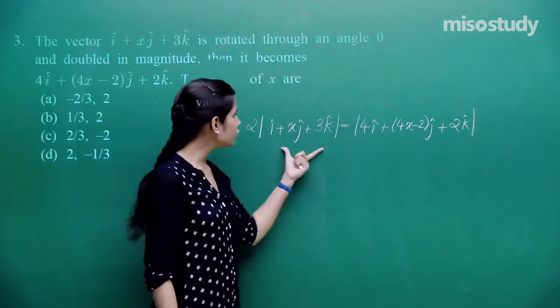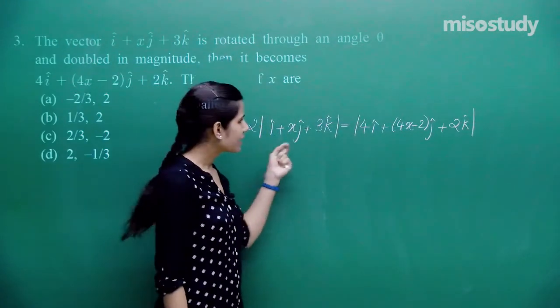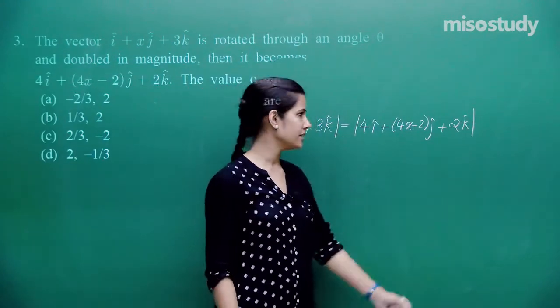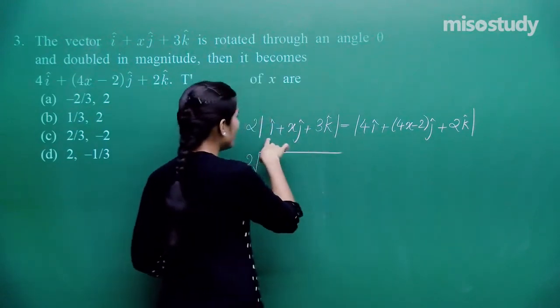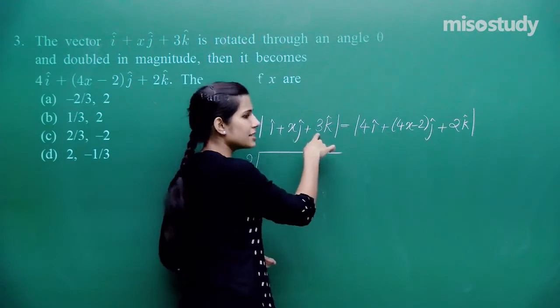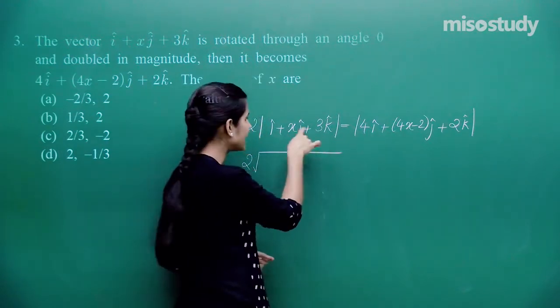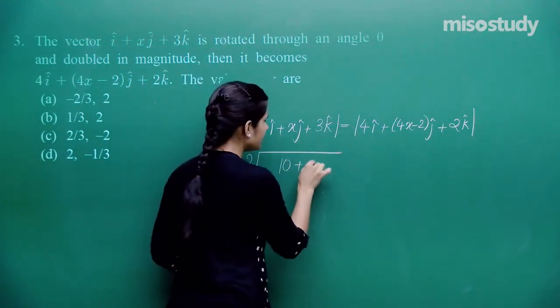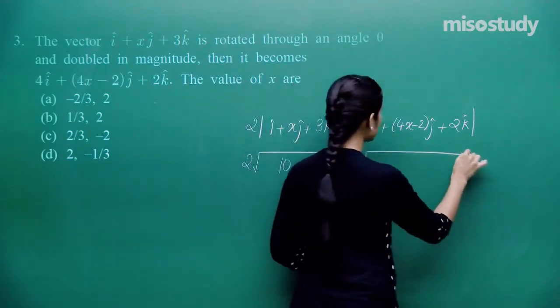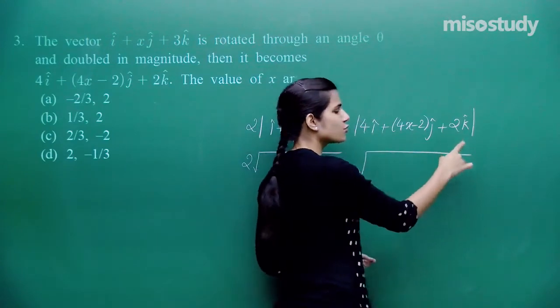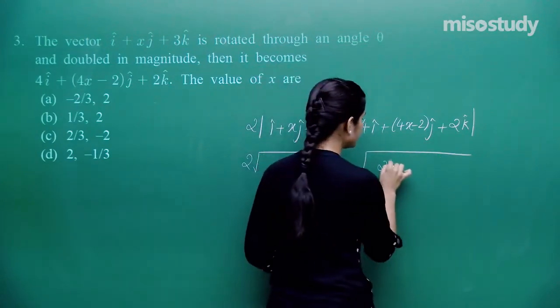So when the magnitude of this vector is doubled, it becomes equal to the magnitude of this vector. Now, what is this? This is under root of 1 square plus x square plus 3 square. 3 square is 9, 9 plus 1, 10. You get 10 plus x square equals under root 4 square plus 2 square, 16 plus 4 gives you 20